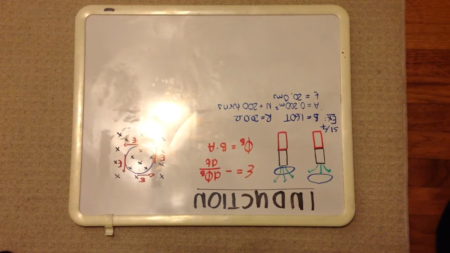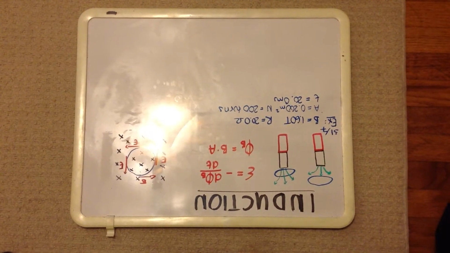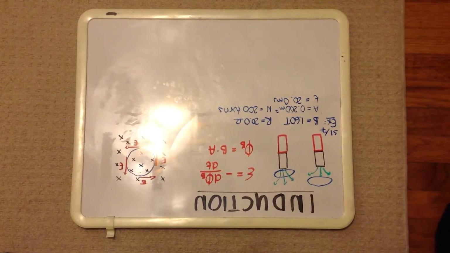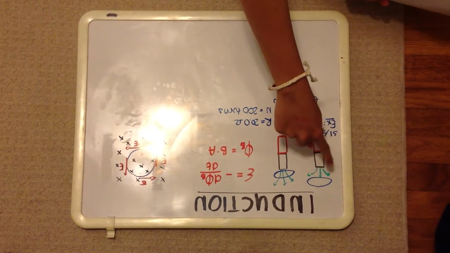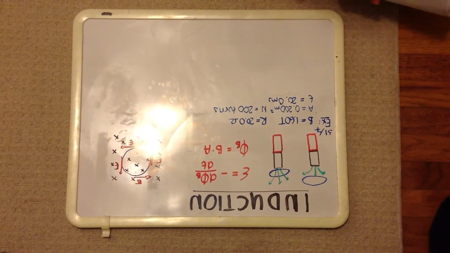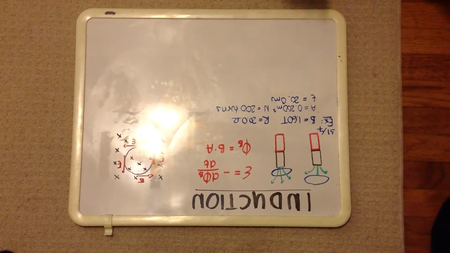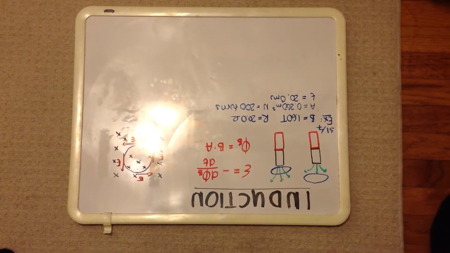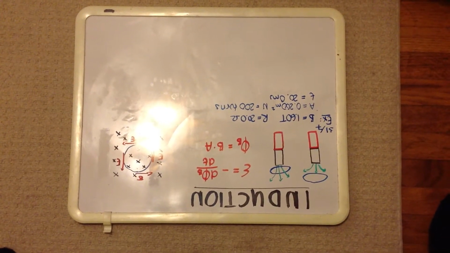Today I'm going to talk about induction. Induction describes the process of an EMF, and therefore also a current, being produced by a change in magnetic flux. For example, in this case, you have a loop and there is no current on it because there is no battery attached. But when you move the magnet to the loop, the change in the magnetic field will induce a current on the loop that will oppose the magnetic field.